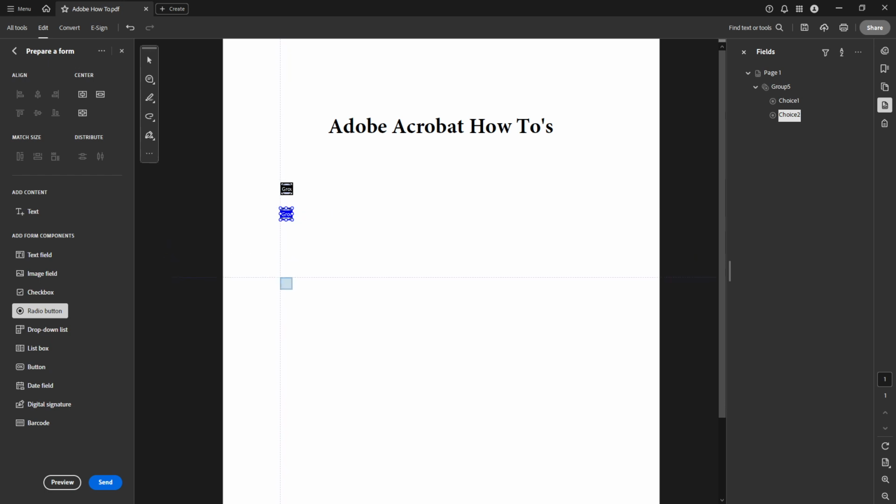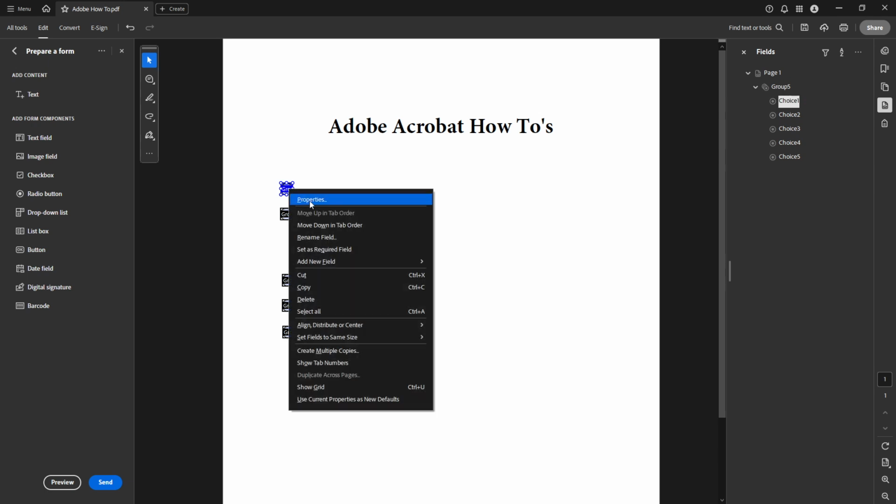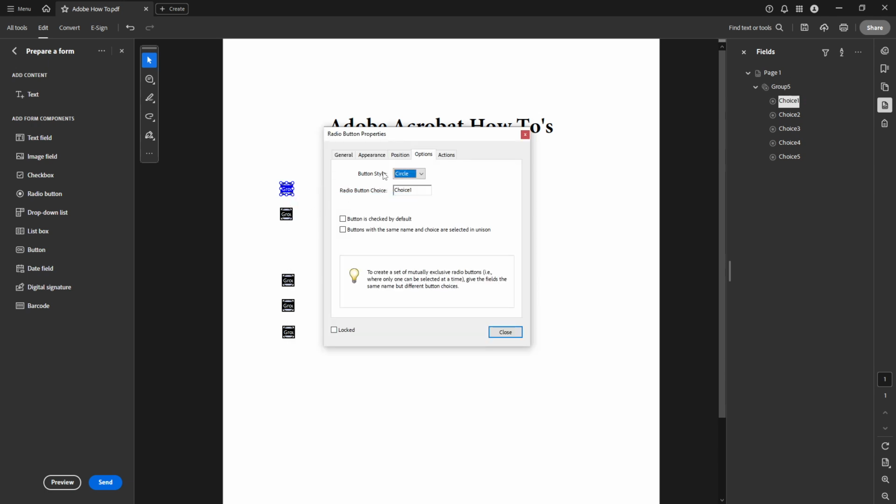After you've positioned your radio button, switch your cursor back to normal by selecting the Select Text tool. This allows you to toggle between adjusting the form elements and interacting with your document like normal. Double click or right click on the radio button you just placed. Doing so will open a properties window where you can fine tune settings specific to the button, such as its